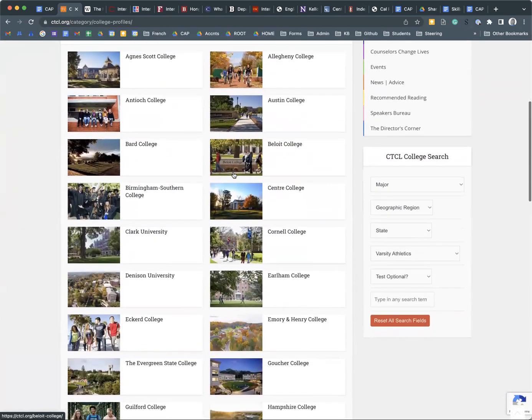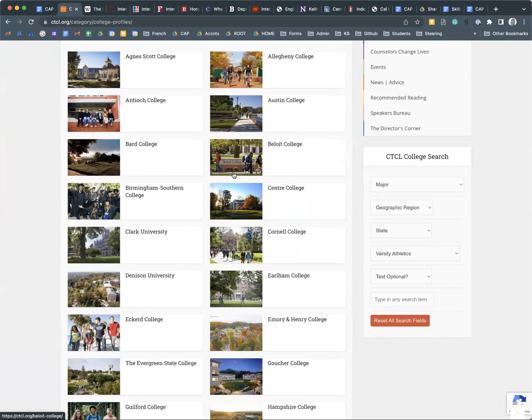And a lot of these are in the Midwest. They're outstanding schools with a very strong focus on individualized education and a strong core liberal arts education. Some of them have business and some of them have engineering and computer science.